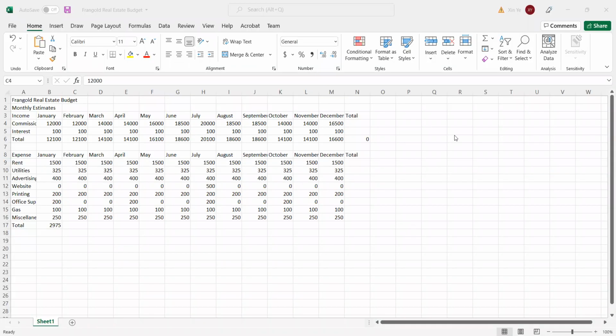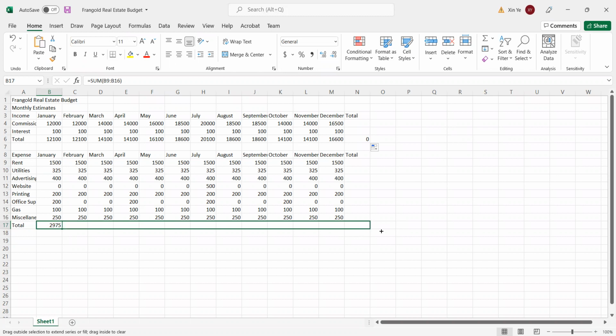Same idea. If you see total, it is always a formula. Okay, so this one we did with a formula, right? B17. You move your cursor to the right bottom corner and you drag it and release. So you have this number. Now we have total on the column also. Besides the rows, we have the column. So we click this one